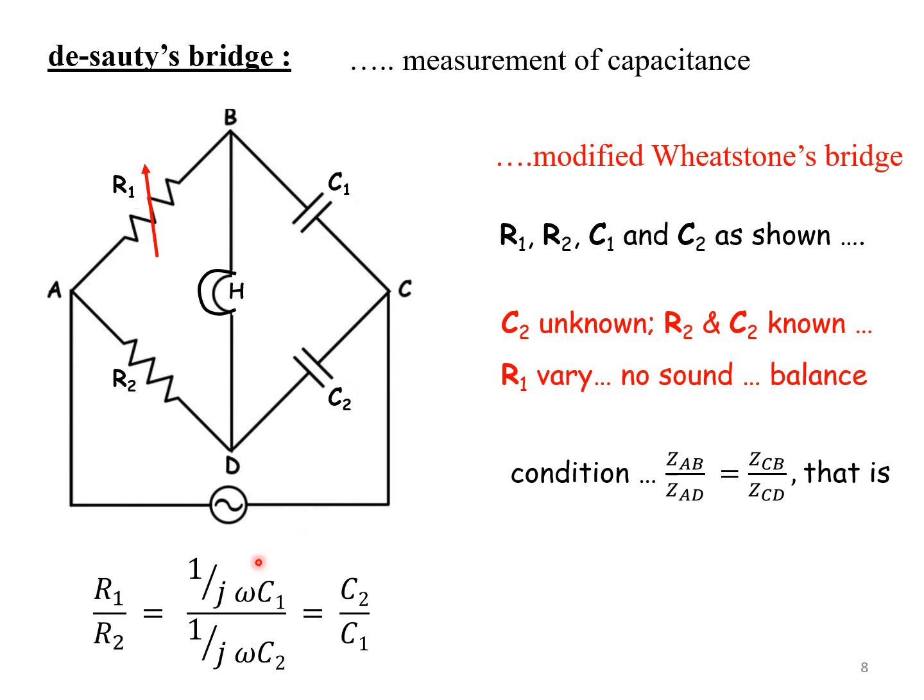And Z of CB by Z of CD is 1 over j omega C1 whole thing divided by 1 over j omega C2. That is going to give us C2 by C1. Therefore, we can write the expression for C2 as R1 by R2 into C1. If we know the numerical value of C1 and R2, R1 is determined by making use of the experiment. And therefore, the numerical value of this particular capacitor C2